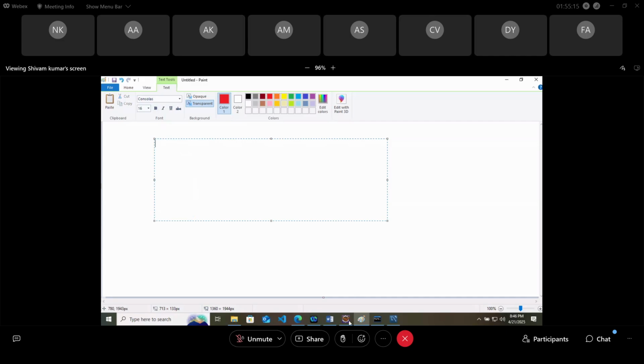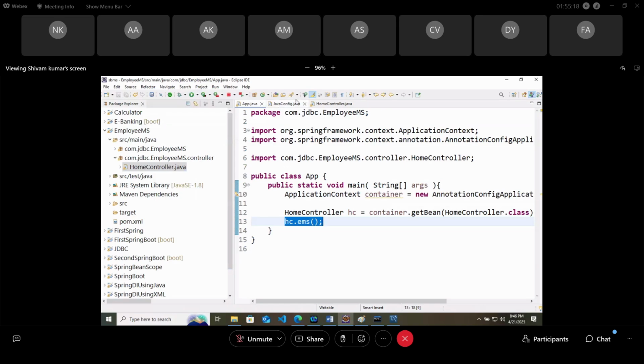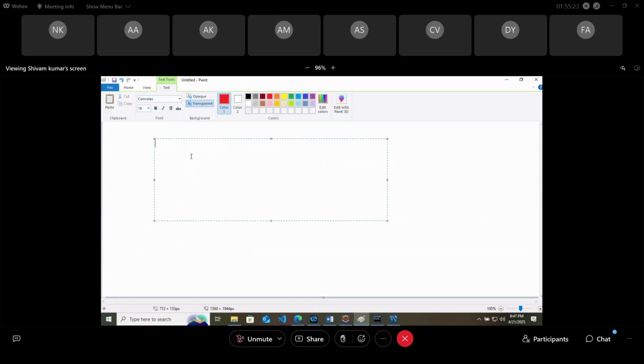And tomorrow we will complete this employee management system. Then we will learn about the query method, query with row mapper, and then we will do all the CRUD operations with Oracle also, right? Generally, there is a choice. I can only teach with MySQL, but I don't want to give you a loose point. So we will do with Oracle also.